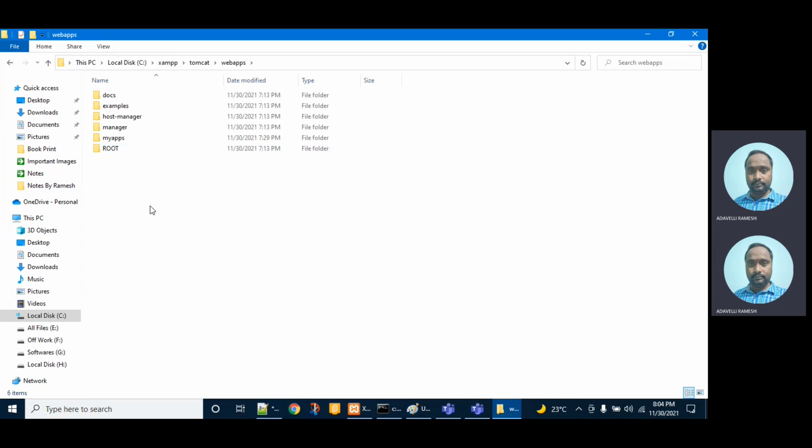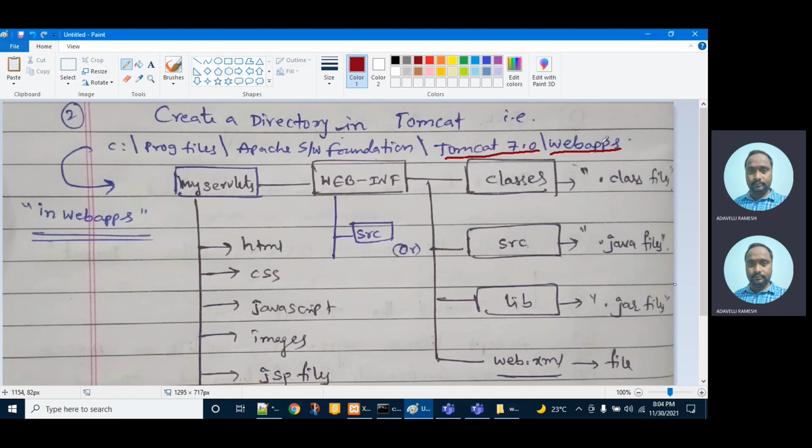All your applications must reside in this folder. As of now, to demonstrate, I used one folder called myapps. In XAMPP Tomcat webapps, I created one folder called myapps. So the name of my folder is myapps.